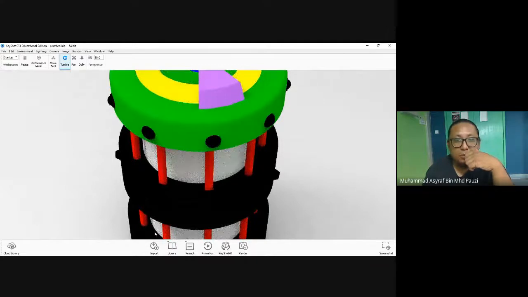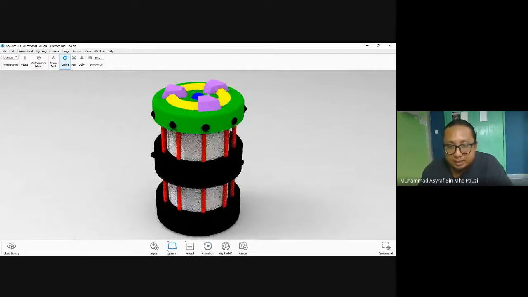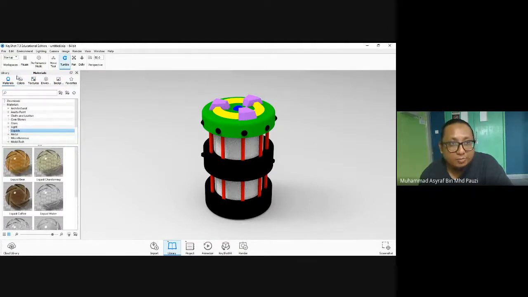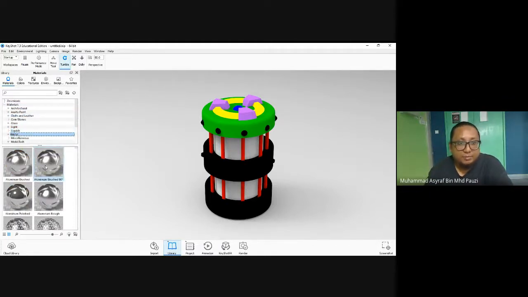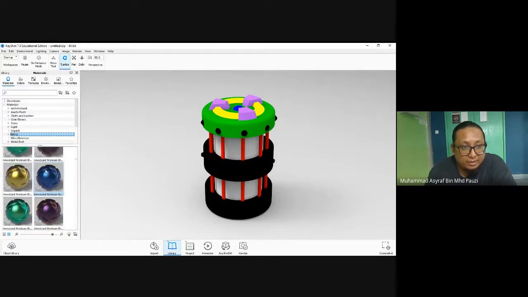So now let's apply some material on it. Click the library at the bottom middle. Go to the materials. So first, since this is a bomb, maybe the outer part is made of metal. So let's go to the metal part. This is the choice. You have other nice ones such as